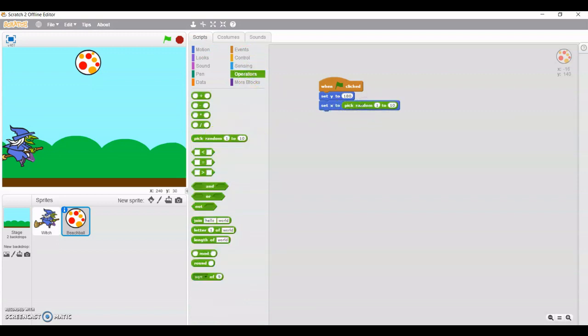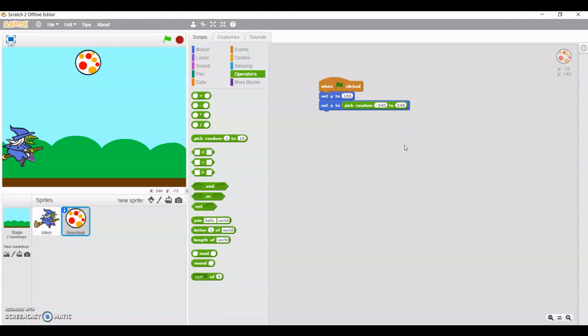Random means it can fall in any one direction, any one position from minus 240 to 240. So what is the meaning of set x to pick random minus 240 to 240?